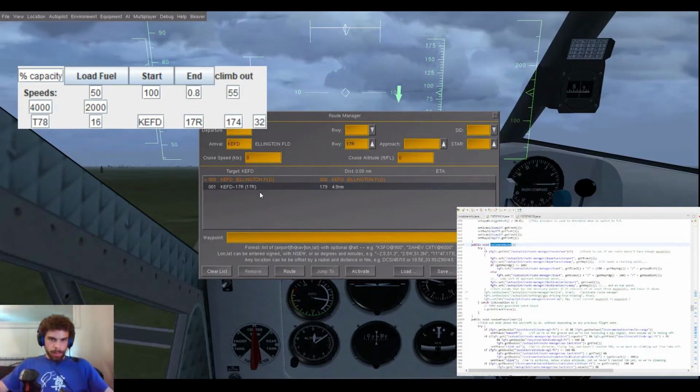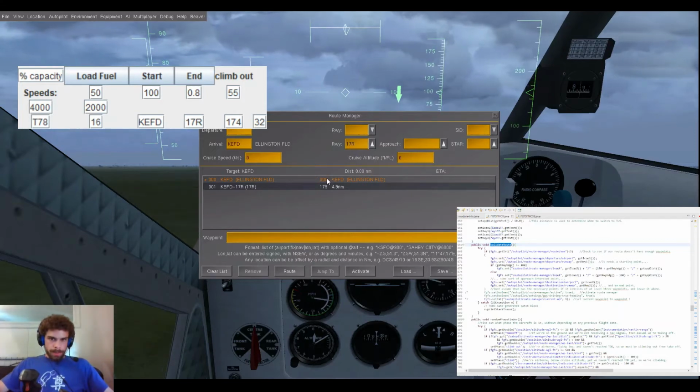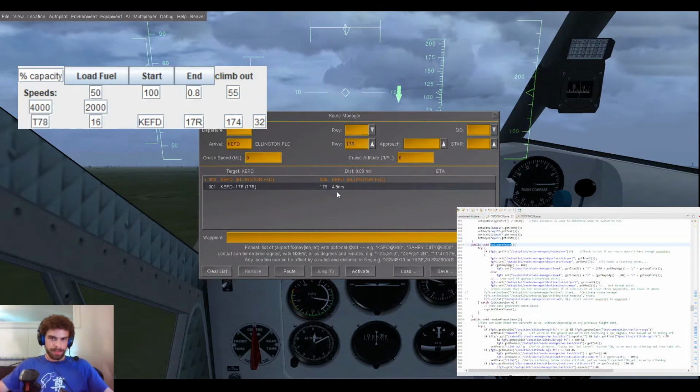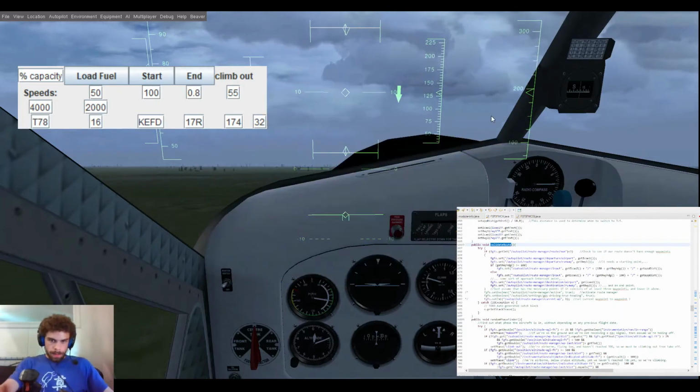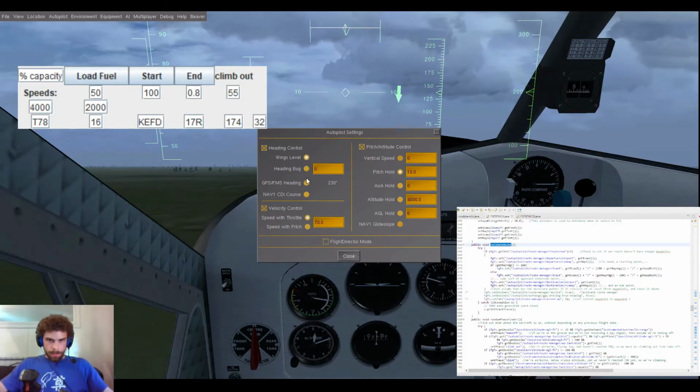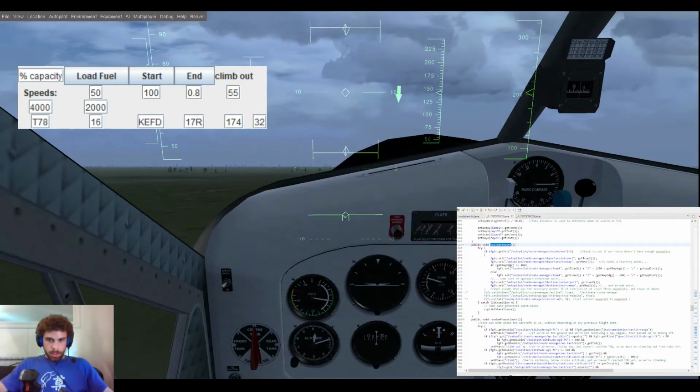We could see it put in an IAP waypoint that it created, and then I'm going to be flying down that runway heading roughly for 4.9 miles. So I'm just going to hit activate, and now when it gets to the next phase, when it gets to actual climb,